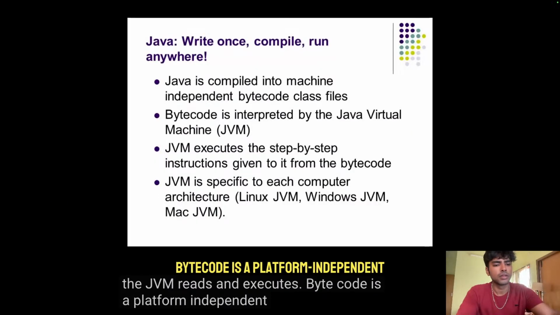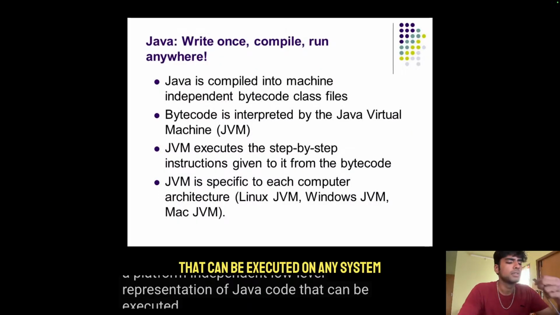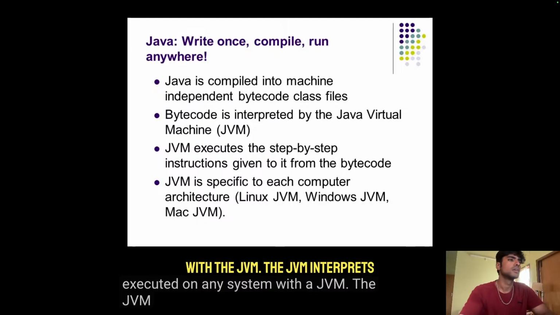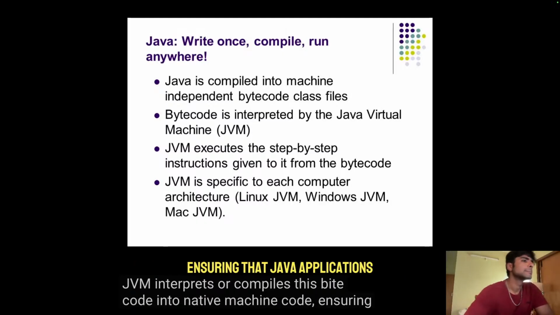Bytecode is a platform-independent, low-level representation of Java code that can be executed on any system with a JVM. The JVM interprets or compiles this bytecode into native machine code, ensuring that Java applications run